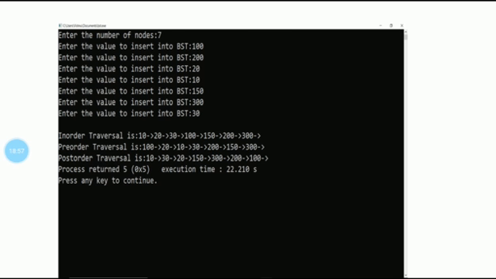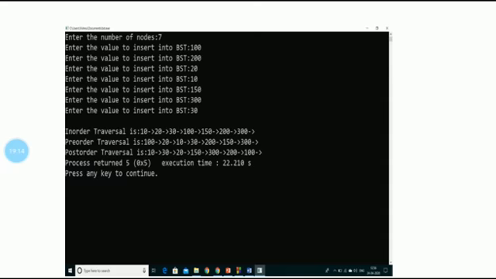And please observe the pre-order traversal and post-order traversal. Here the pre-order traversal means root, left, right. So just clearly observe this: 100, 20, 10, 30, 200, 150, 300.